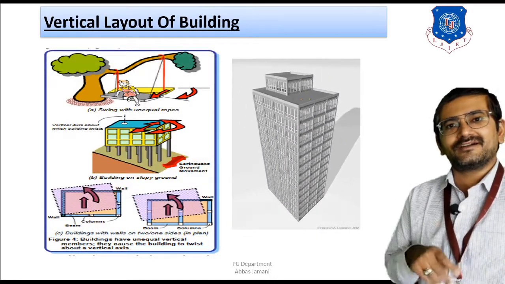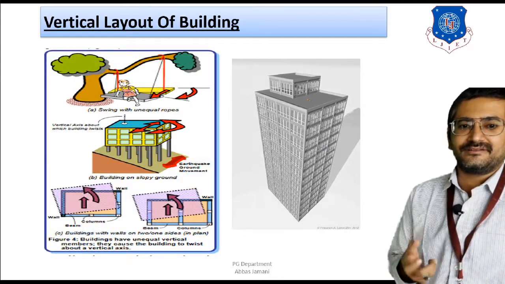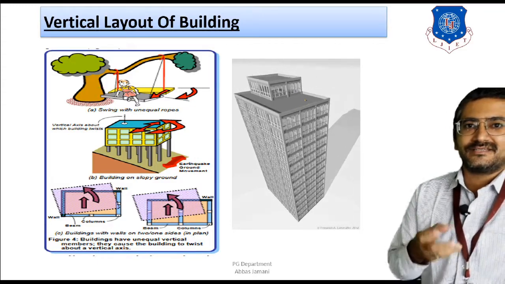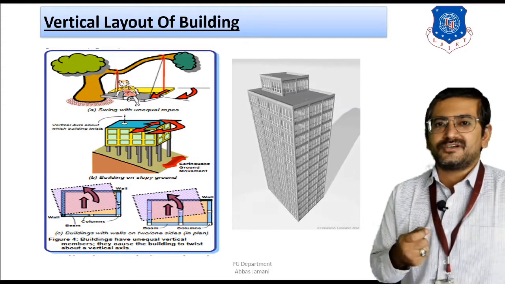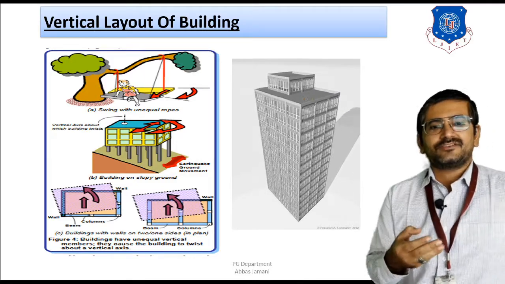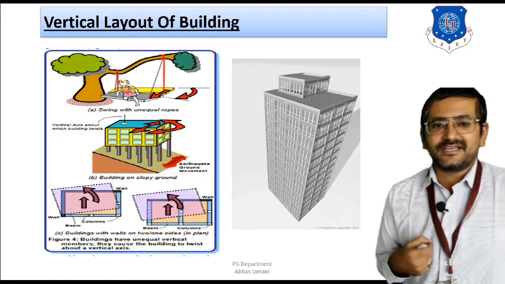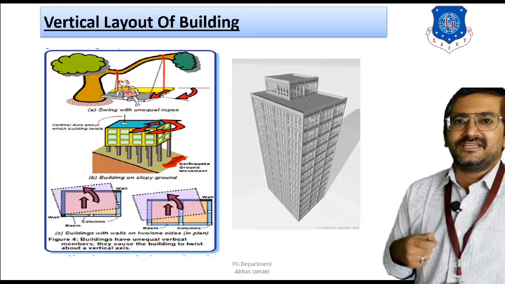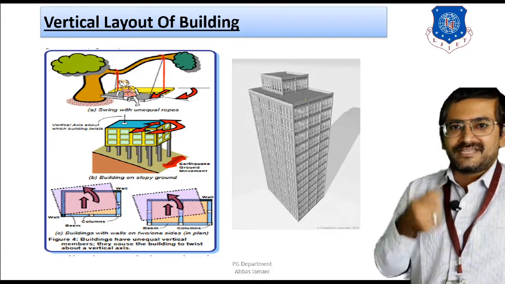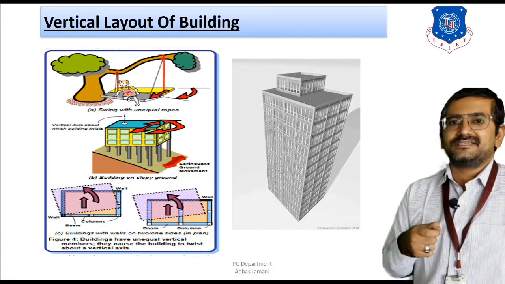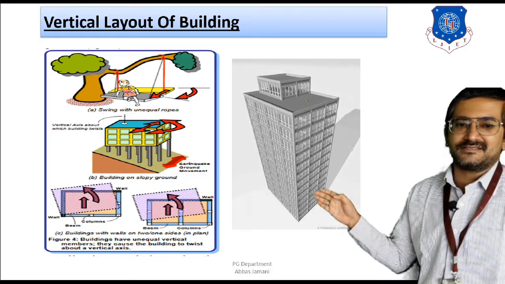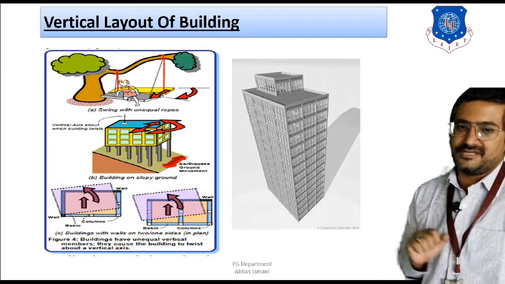Right, now we take another example. In the example that we have discussed previously, the shifting took place because of the change in the mass, or the position of the change in the mass. But now in this particular example, the rope swing example, the child is the same, the cradle is the same, but there is a change in the length of the rope. That is, the length of the rope on the left hand side is less, or short, as compared to that on the right hand side.